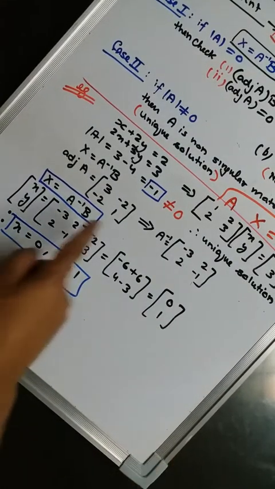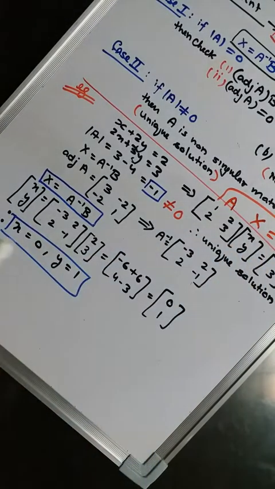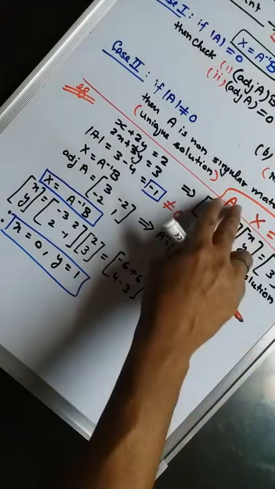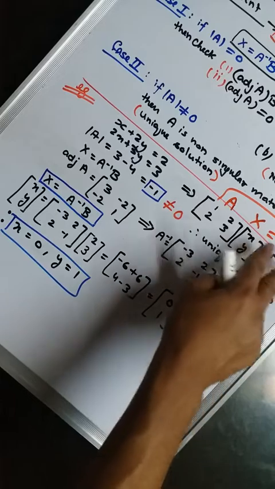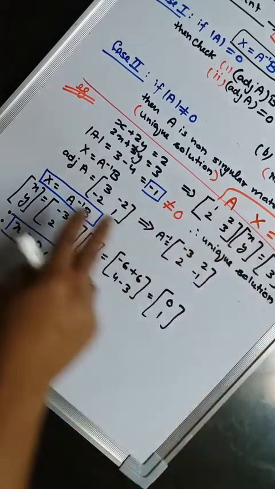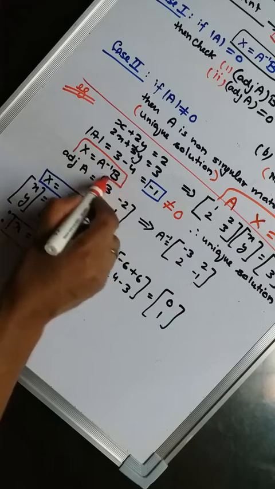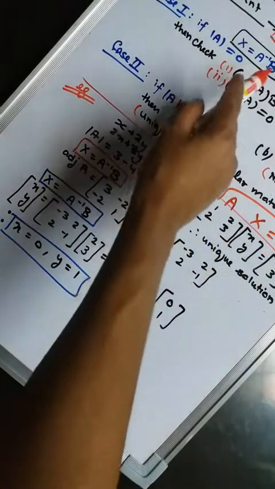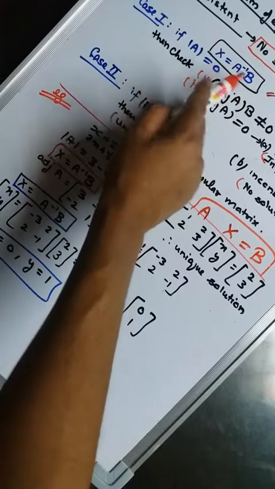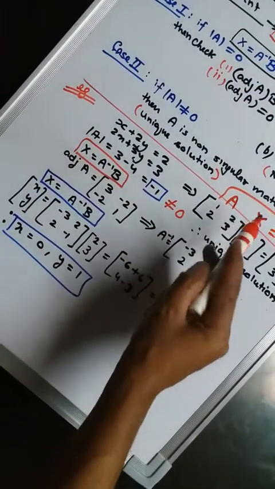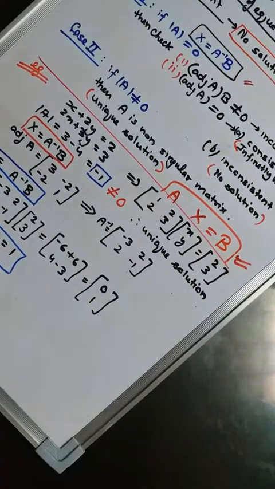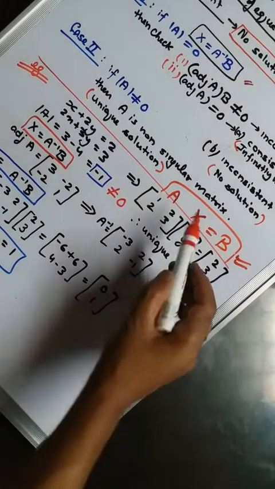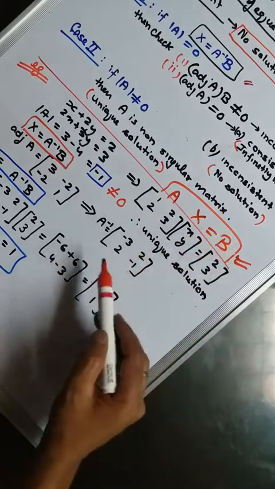See, Ax equals to B. Now this can be written as x is equals to, A is moving on the right side, this becomes A inverse B. If Ax equals to B, then x will be equals to A inverse B. This we have discussed upwards also. So write the equation. This step has the marks, Ax equals to B. So always you have to write the equation in this format, then solve further.